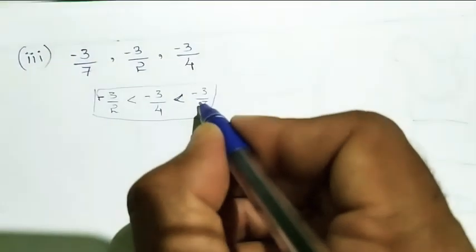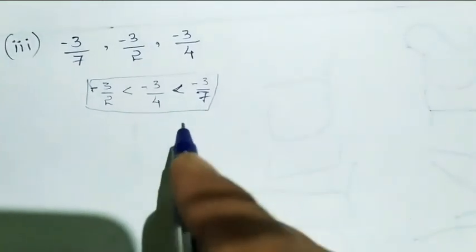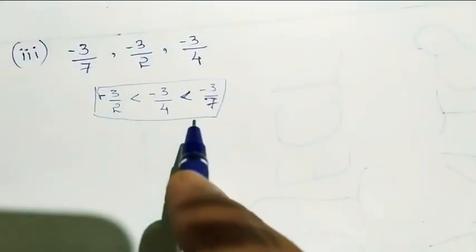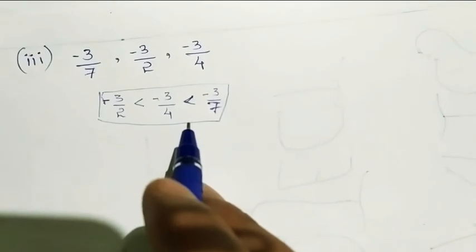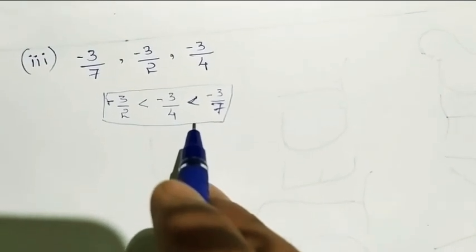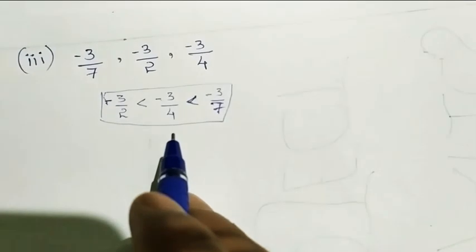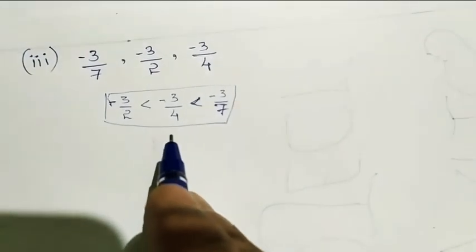Okay, so once again go through the exercise from first question to last question and try to do it yourself using the reference which I have given in the PDF notes in the description box.